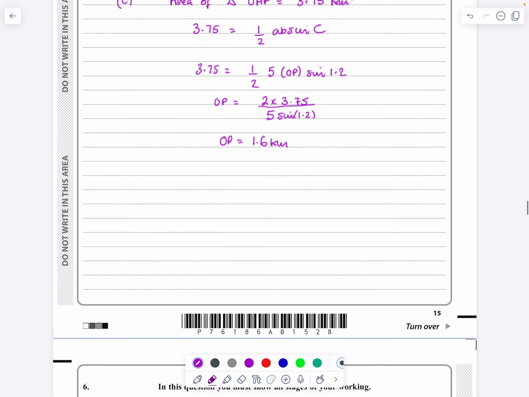But then, as I say, in our cosine rule, handwriting gets worse and worse. Cosine rule, sorry, is a squared equals b squared plus c squared minus 2bc cos a. And we now have AP is what I'm looking for. AP squared is just going to be the 5 squared, the 1.6 squared, minus 2 lots of 5, lots of 1.6, lots of cos 1.2. Obviously, you've got a calculator in radians all the way through this. And if you tidy this all up, work it all out, AP works out to equal